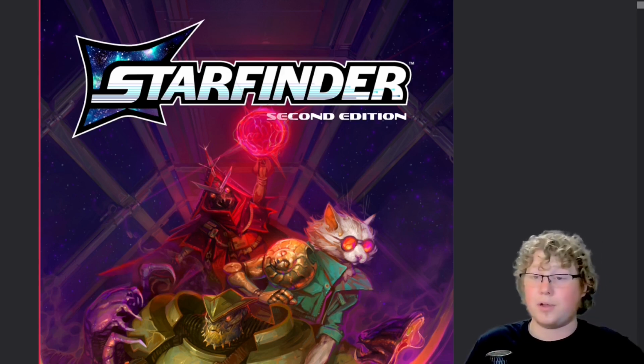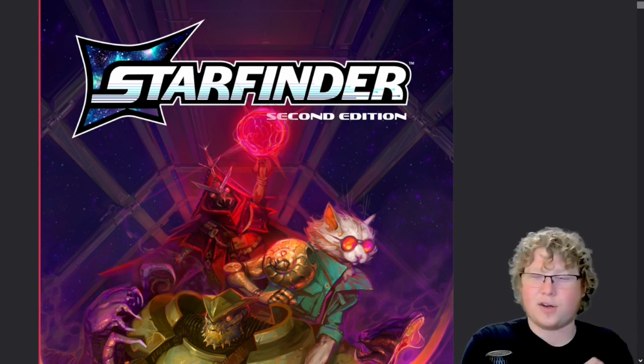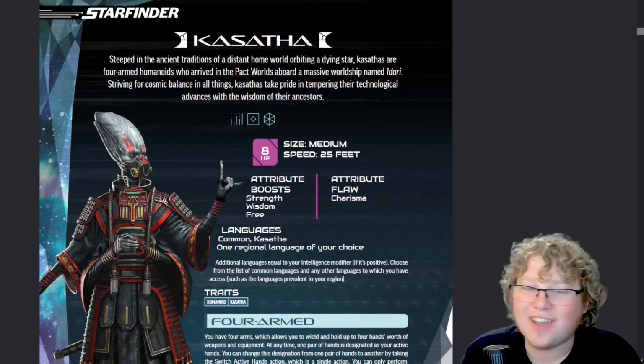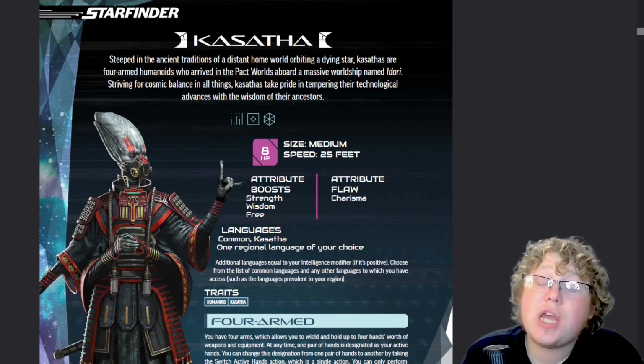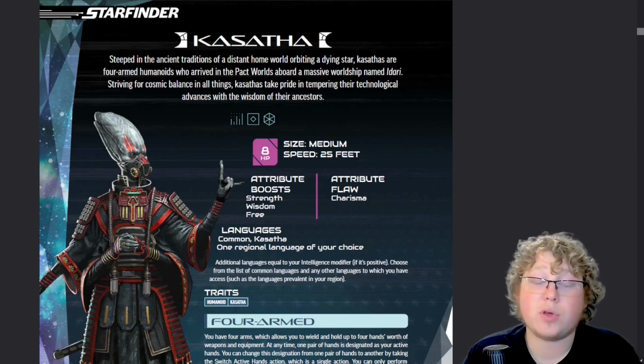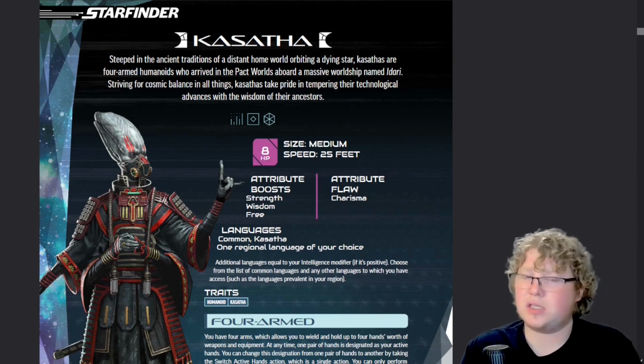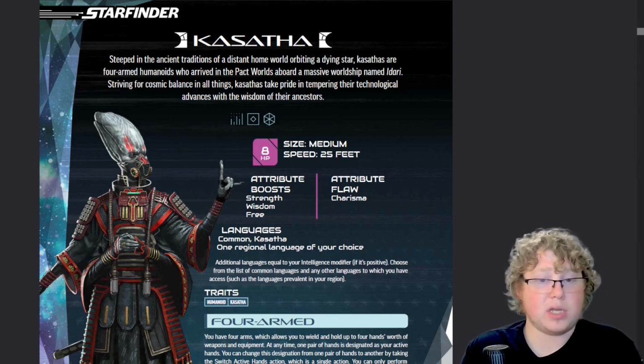I am your humble host, the Goat King, and today, fresh off the press, we have the Starfinder 2nd Edition playtest rules. Now, onto the Kasatha. Steeped in the ancient traditions of a distant homeworld orbiting a dying star, Kasathas are four-armed humanoids who arrived in the Pact Worlds aboard a massive world ship named Adari. Striving for cosmic balance in all things, Kasathas take pride in tempering their technological advances with the wisdom of their